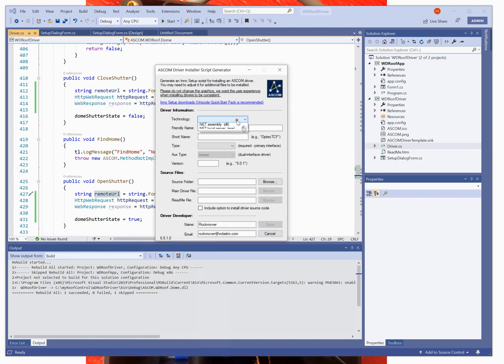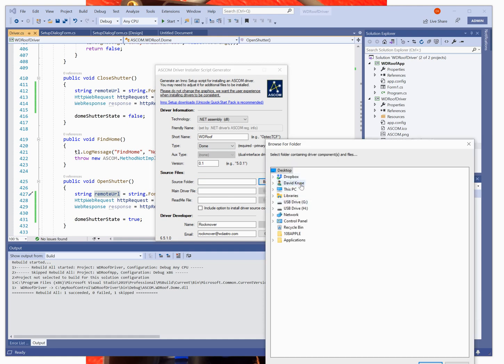And this is really slick. So we can go down here, we created a DLL, that's what we're using for our drivers. A short name, we'll call it WD Roof, whatever you want to call it. The type, it was obviously a dome. Again, we've got to select that. Version, this is clearly version like 0.0.0.1, but we'll call it 1.0.1. Source folder and main driver, this is important. So this actually has to be our,